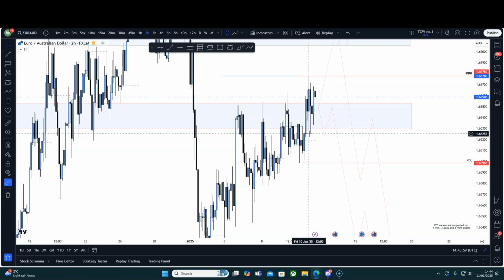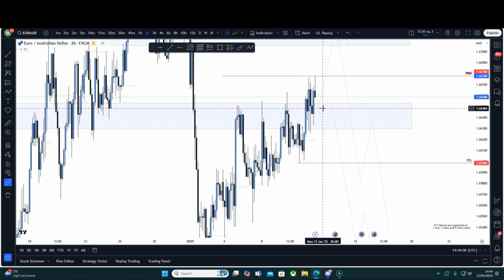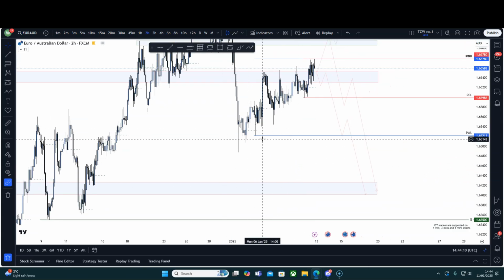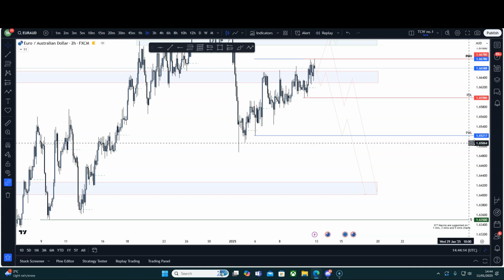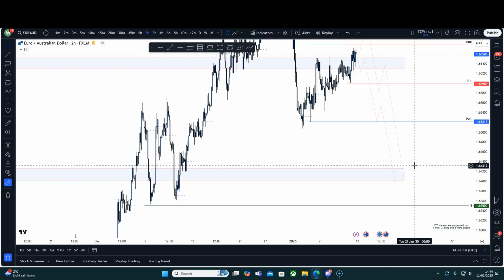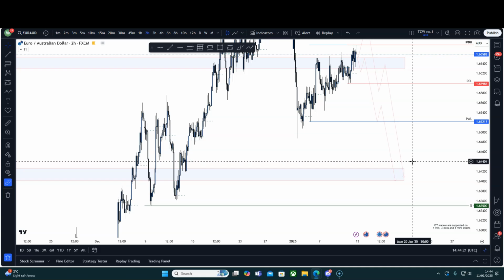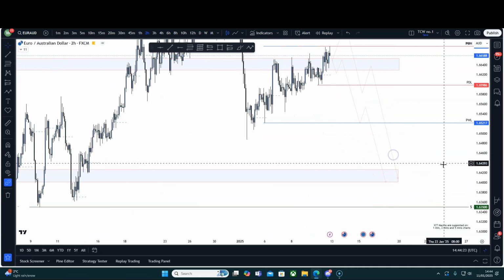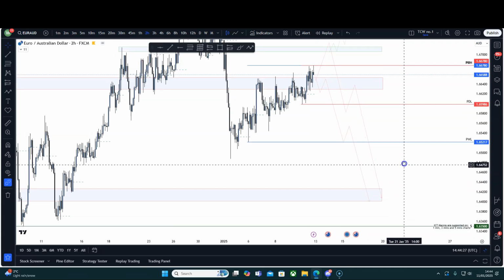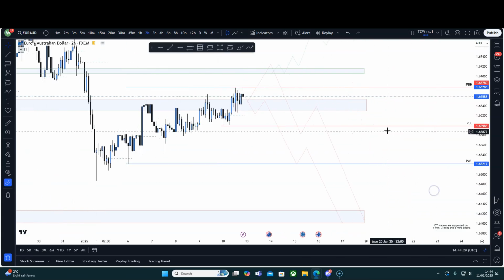Once we break and hold below this low here with a candle close, two 4-hour candle closes, we retest this. I will be looking for sells to take price. First TP will be previous week low at 1.65217. Second TP will be this next area around 1.64400-ish. I will always ladder out my position and get out before we actually tap that area. We don't need to get greedy for an extra few pips.